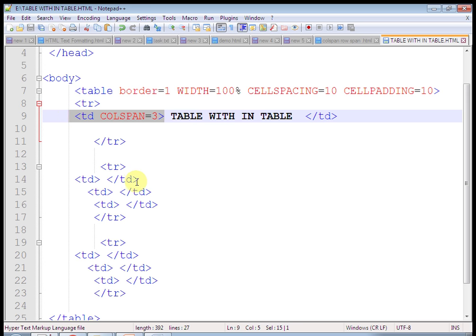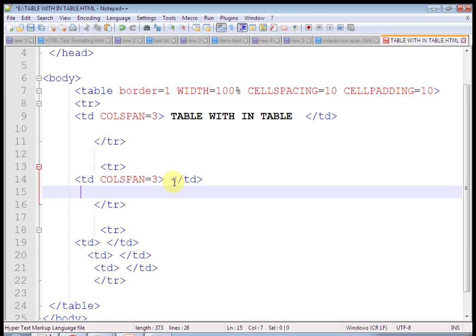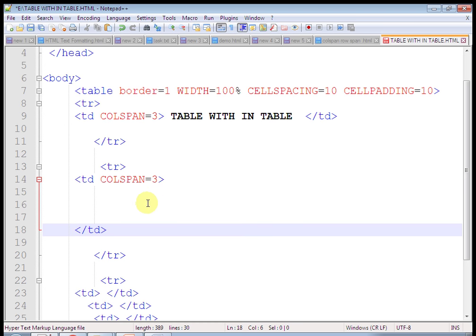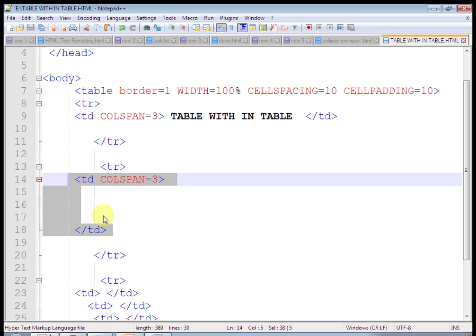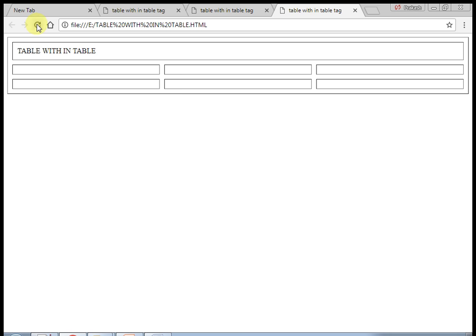So I want this colspan and rowspan. So I want cell spacing and cell padding. So just give cell padding equal to 10, and give a width equal to 100%. I am giving width 100%, so it will display.